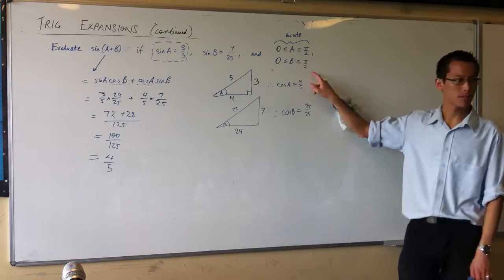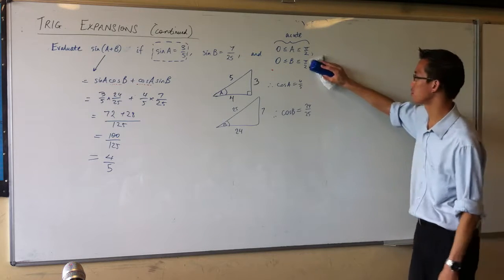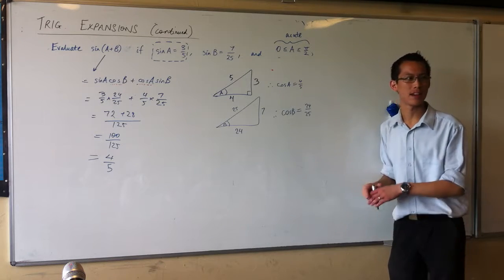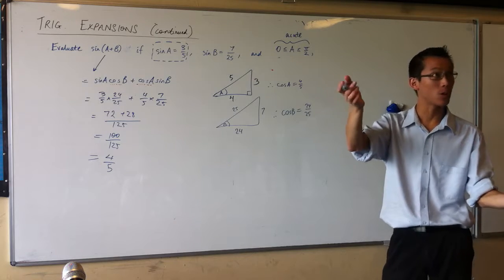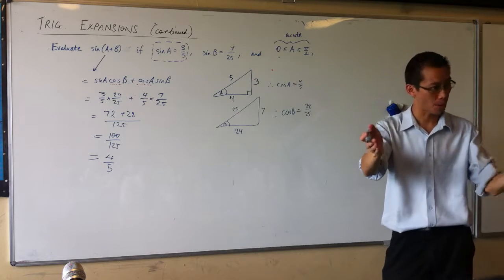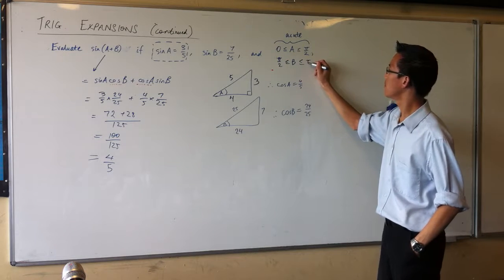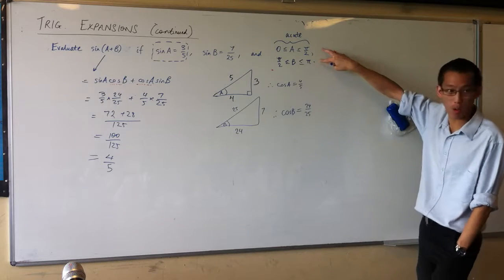Let's take B, okay? And let's suppose that it's not acute, but obtuse. Okay, so what would I have to say about its domain? If it's obtuse, what's it between? 90 and 180, which is pi on 2 and pi, okay? And so this is, by the way, one of the reasons why you've got to watch out for this